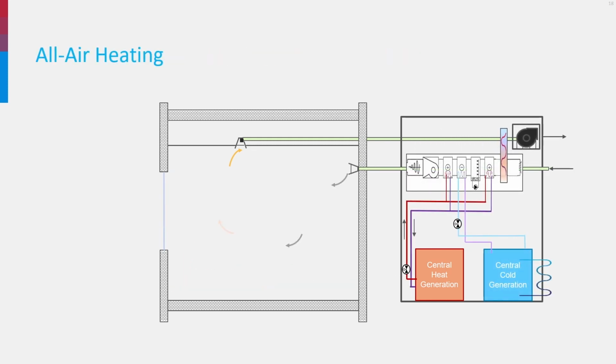Let's look now at the all-air system, applied a lot in the US, for instance, especially in office buildings, schools and hospitals. In this system, there is no possibility to control the temperature at room level. The temperature and humidity are centrally controlled in the air handling unit, and the air is provided to the room at a preset temperature and humidity. The central heater is connected to the heat exchanger in the air handling unit. The central cooler is connected to the cooling heat exchanger, heating and cooling the air to the preset temperature.